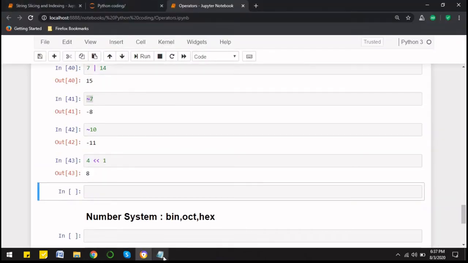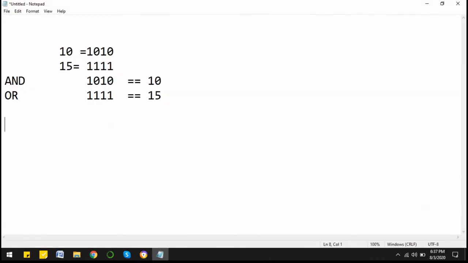Let's see what will be the output here. This is 8. How? I talk about 4. 4 is 1 0 0. When I shift it to the left, what will be the output? So we are shifting this here, and these two zeros will be shifted here, so there will be one additional 0.